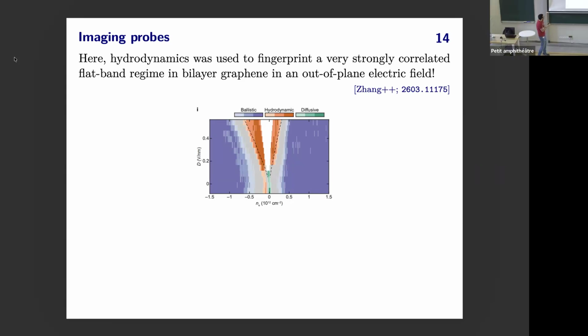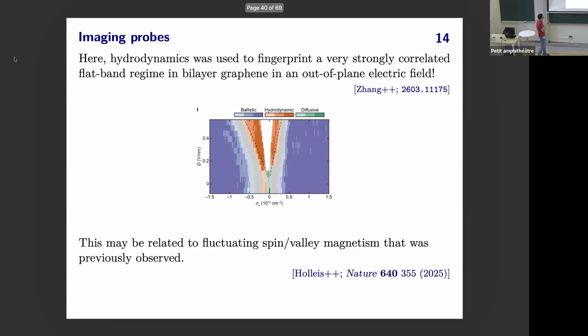This is intriguing because this viscous flow turns out to be directly correlated with some other exotic phenomena that have recently been found in this same material system. So I think this is an illustration of using viscous hydrodynamics along the lines that I advertised earlier in the talk, i.e. using viscous transport perhaps as a fingerprint of other interesting physics, not just looking for the Navier-Stokes equations because it's entertaining.